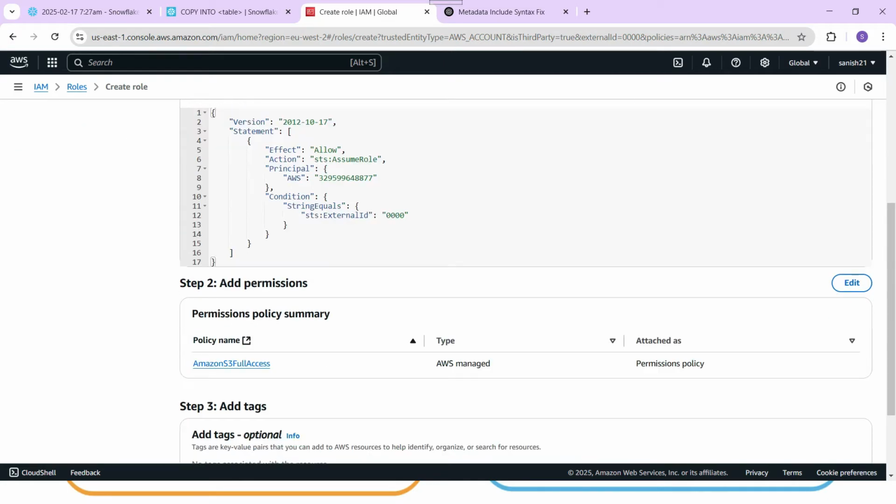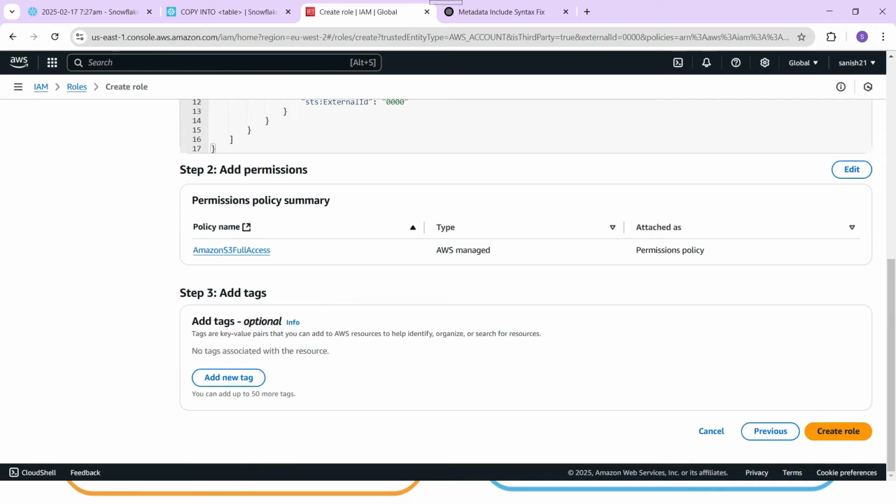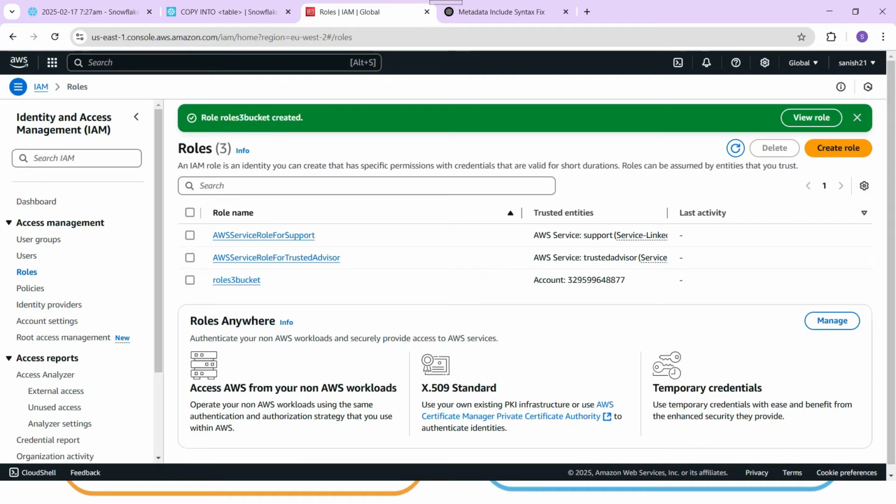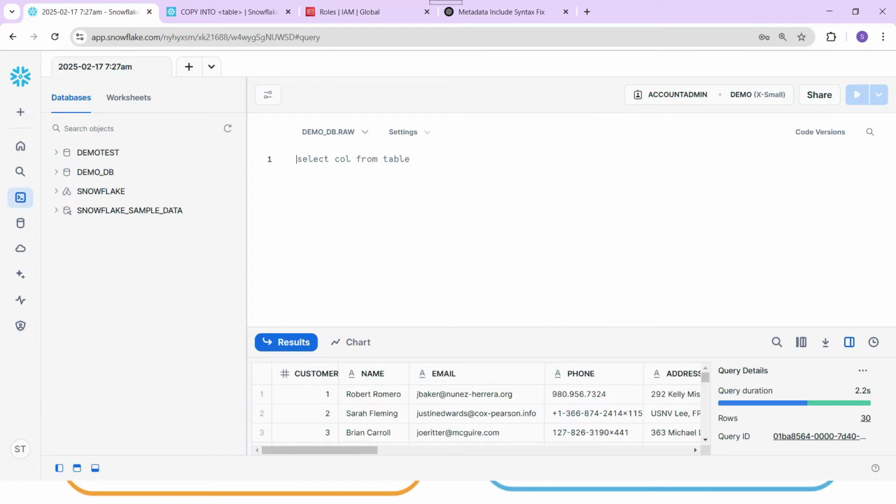Okay, click on create. If you want to add tags, again you can add those tags. So we have different permissions. We have inbuilt permissions. Also we can create custom permissions from our side, and we can alter that using the JSON editor. Okay, so that's it. Now next is going into the